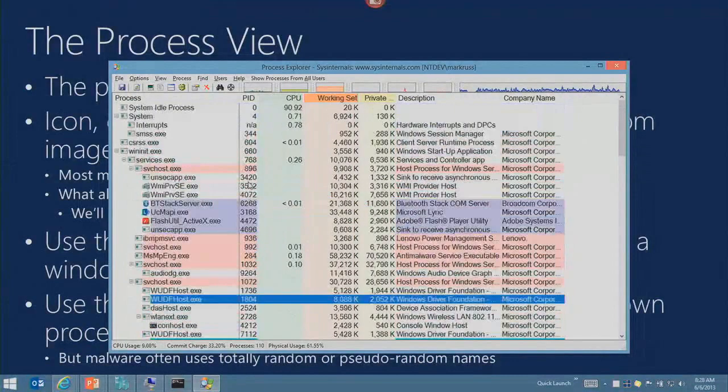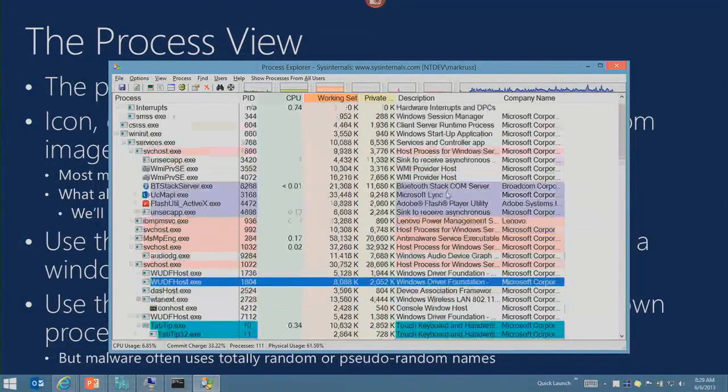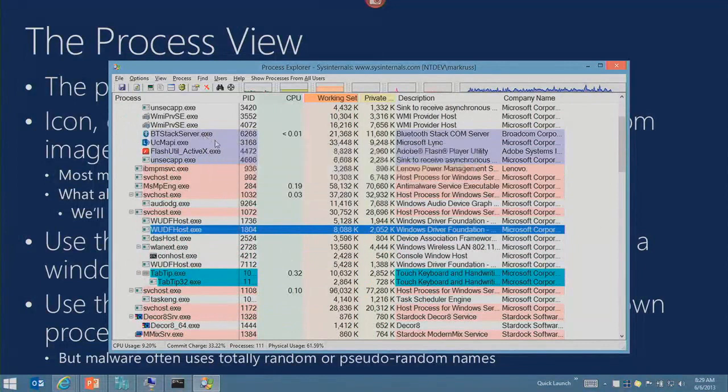You also see these colors. Besides the icon information that I mentioned, the description, the company name, all pulled from the version resource, you see colors. First colors you'll see are these blue rows. And the blue rows, those are special kinds of processes. Those are,